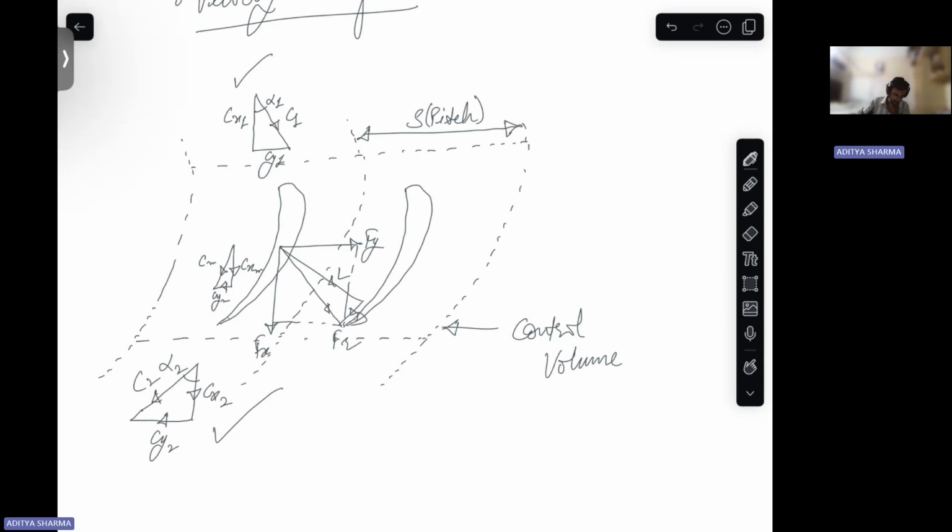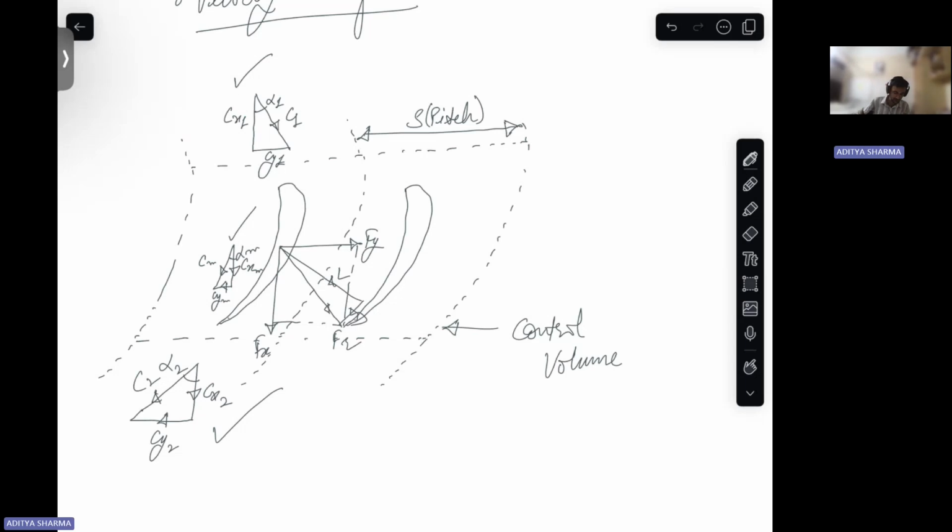Then there is the axial direction, and this is the Y2 direction. Then alpha 1 and alpha 2 again are blade angles. Then there is the mean position also,